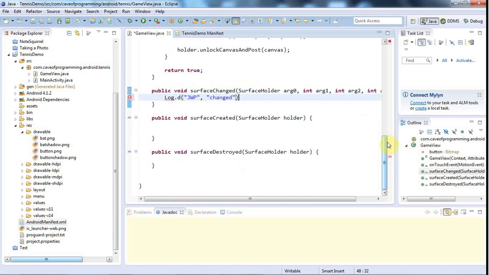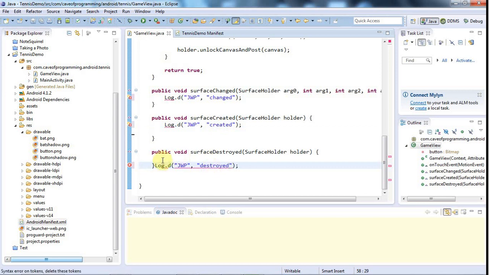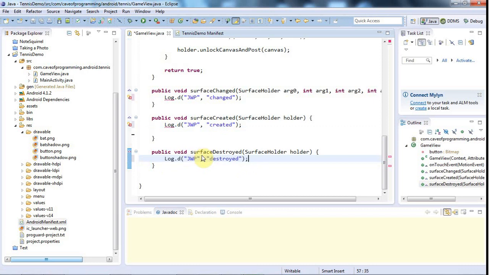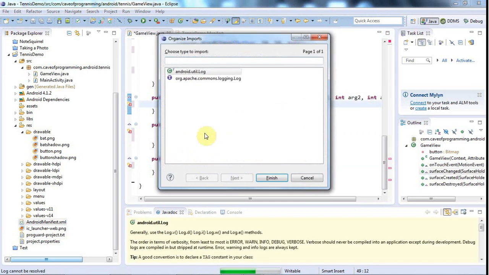changed, and I'm just going to copy that, and that JWP is just my initials, and let's put created in here and destroyed in here. Actually, that's in the wrong place, so I'll put that there and format it, and let's just add the